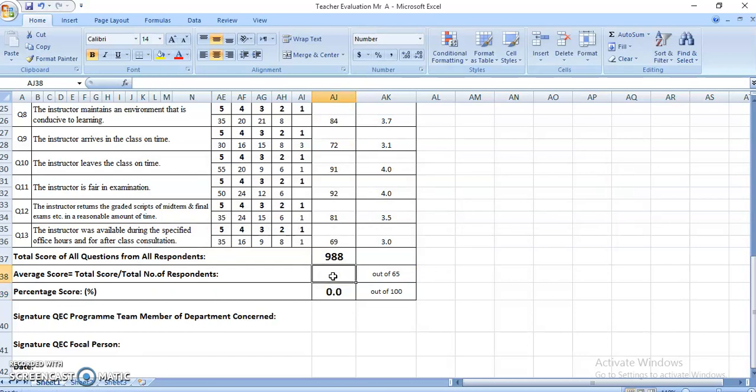So let me erase it for you. So how to calculate? Now press the equal to sign, and now this is the total score 988, and this cell is 37. So you have to write AJ37, okay, and then divided by total number of responses, and press enter, and as you can see 43. This is the average score, and this is the